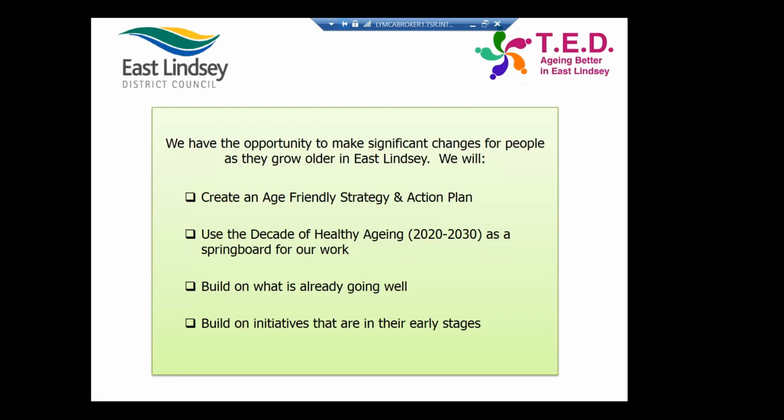So just simple changes when we look at boundaries like railings and curbs and those sorts of things, if they are highlighted in a different colour, that makes a massive difference to an older person as they're walking around. It also has benefits for other people with visual impairment. So there are quite a few small changes that could come from the walking audits.